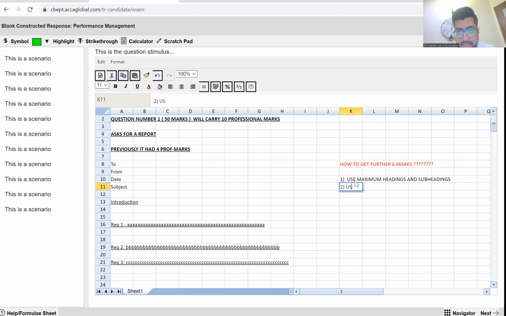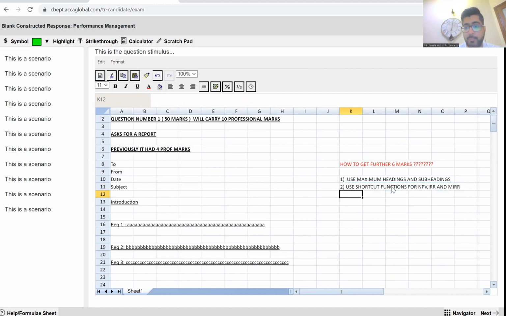And second, use shortcut functions for NPV, IRR, and MIRR. If you are using traditional methodologies to get NPV, IRR, MIRR, you will gain the working marks, but you will lose professional marks. To earn professional marks, extra 6, because via the report format, which has already been taught to